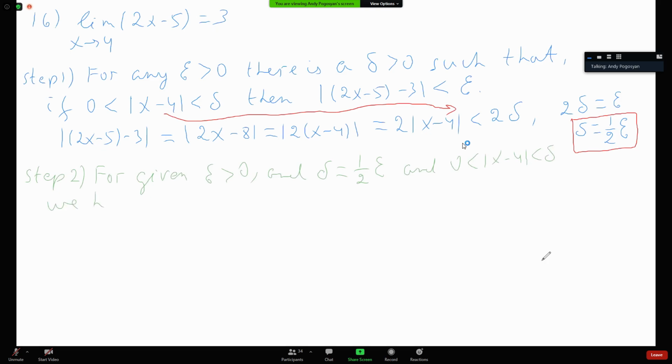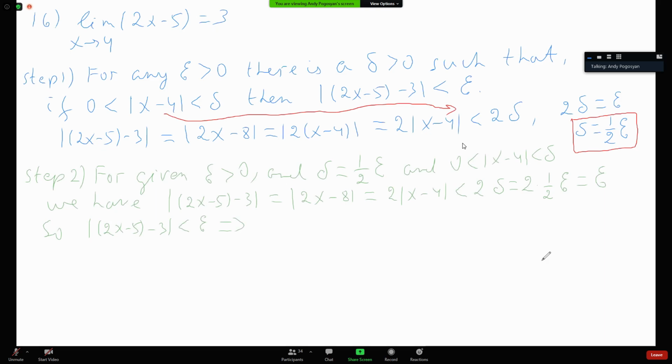We have absolute value 2x minus 5 minus 3, which equals 2x minus 8, which equals 2 times x minus 4, which is less than 2 delta, which equals 2 times 1 over 2 epsilon, equals epsilon. So absolute value 2x minus 5 minus 3 is less than epsilon,